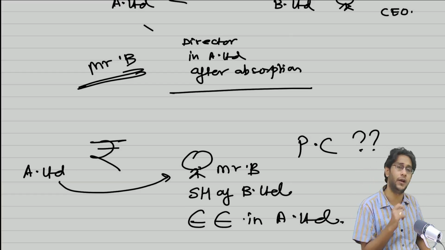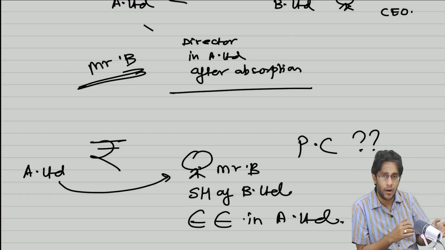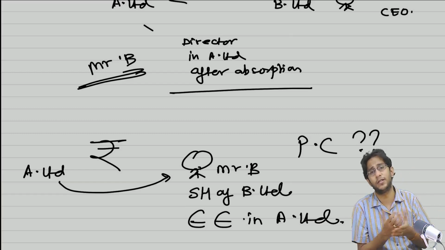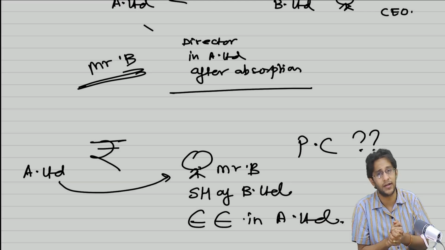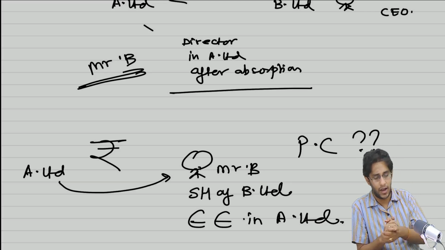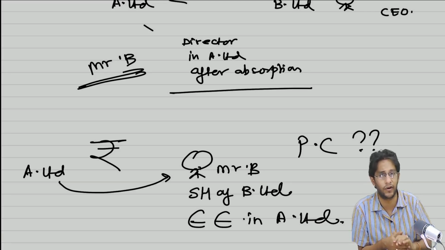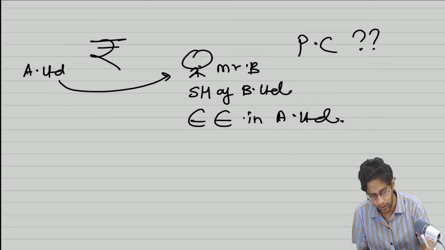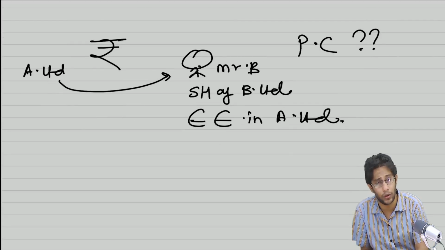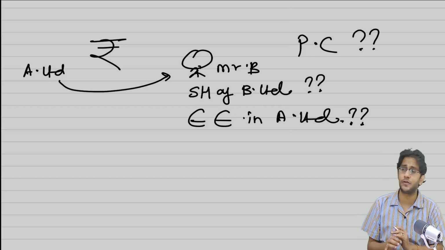But if you are offering some consideration to Mr. B just to continue in the employment of A Limited post the business combination event, in that case, that is an amount paid to an employee. It's covered by Ind AS 19, employee benefits, and this is definitely not part of your purchase consideration to be included for business combination activity. So, whatever consideration you pay to him, go and see, are you paying that to him in the capacity of shareholder? Are you paying that to him in the capacity of employee?